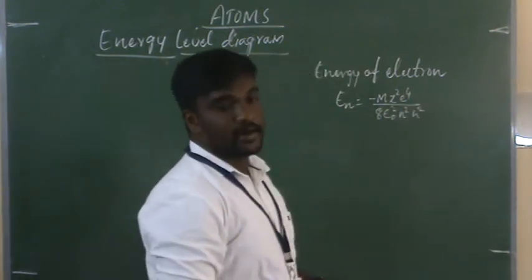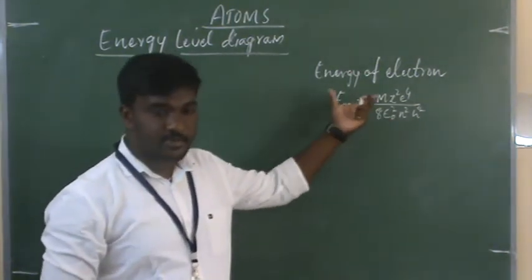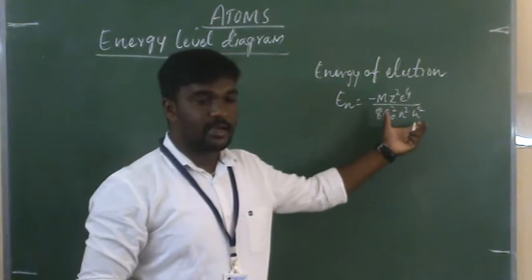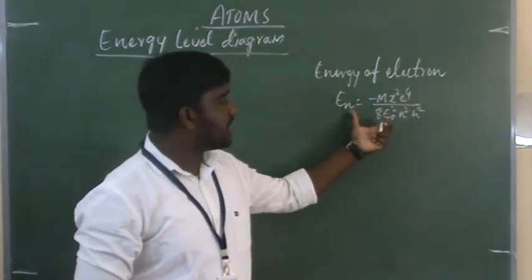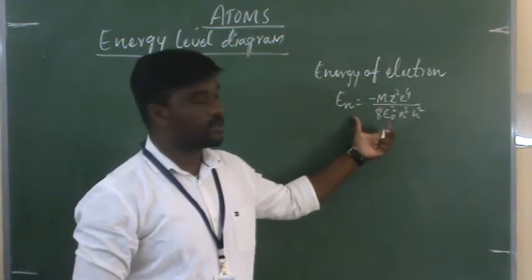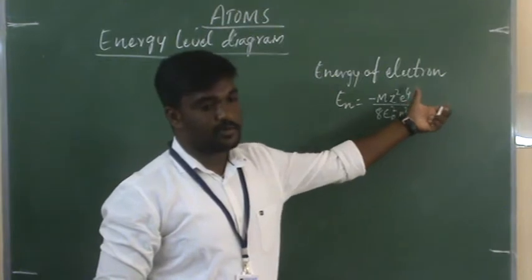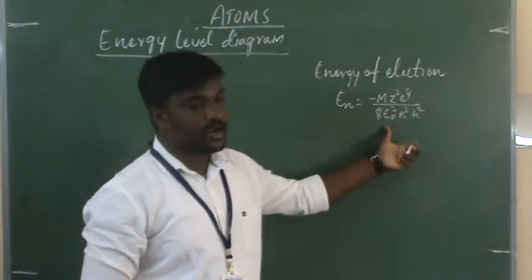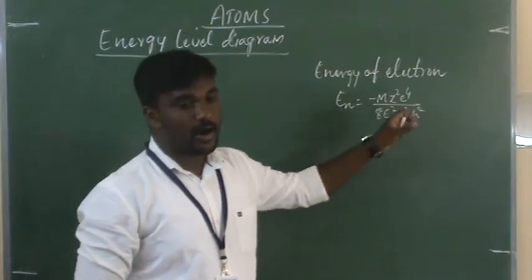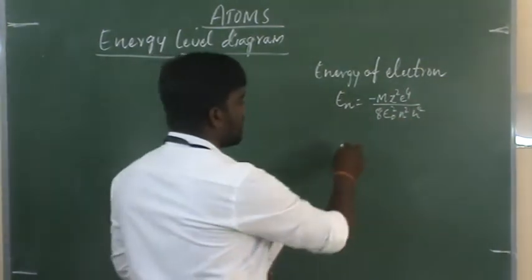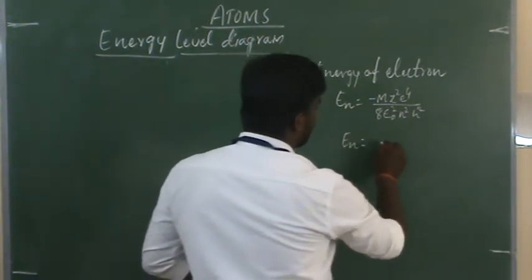Already we derived this in the previous session. That expression is En, the energy of the nth orbit: En is equals to minus m z square e to the power of 4 divided by 8 epsilon naught square n square h square. Or we write it like this: energy of the electron